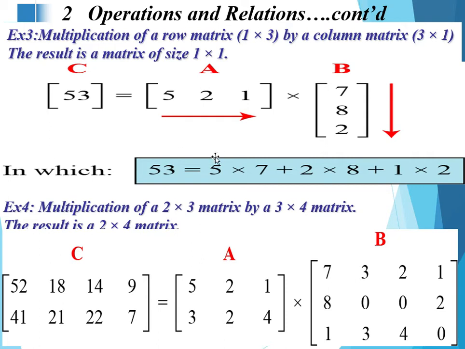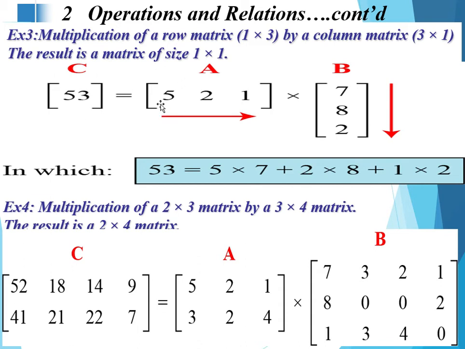Here we can see the example: the matrix having 1 row and 3 columns, we can say 1 into 3, and a matrix having 3 rows and 1 column, we can say the matrix 3 into 1. The resultant matrix is 1 into 1. Similarly, previously we talked about i into j, j into k, which gives i into k, which is 1 into 1, so the matrix is 1.